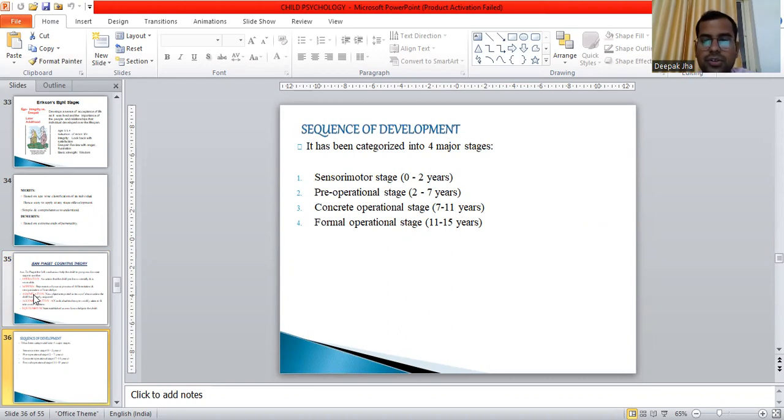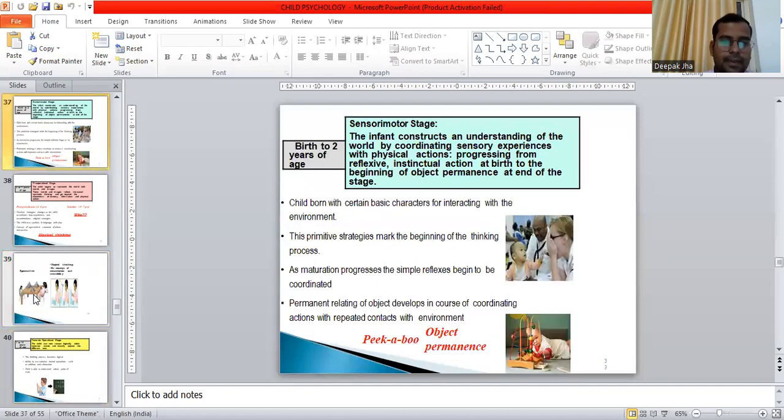So as the name denotes, the first stage, which is the sensory motor stage, lasting between 0 to 2 years. As the name suggests, this stage is basically dominated by sensory impulses and relative development of motor things. Second, the pre-operational. In this stage, the child will not have any operational concrete data, so it is called pre-operational. Thirdly is the concrete operational, so the child begins to have concrete operational data, and lastly is the formal operational stage. So coming on to the sensory motor stage, this is the stage which lasts from birth to 2